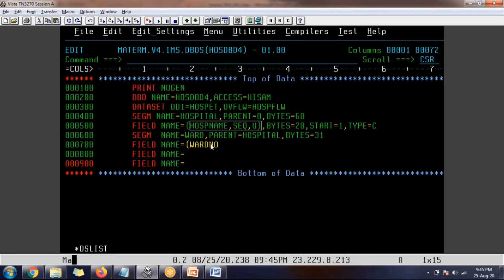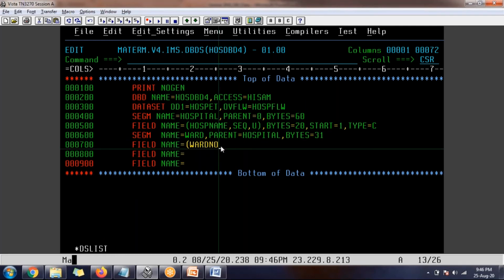The second point, if you want to do a random read, let's say I want to read a particular ward number, then one of the fields should be a primary key field or search field, either one of them. It should be either a primary key or a search field. Then only are you eligible to do random read against this ward. If the fields are not primary key fields, you cannot do random read. You have to go with sequential. No other option for you.